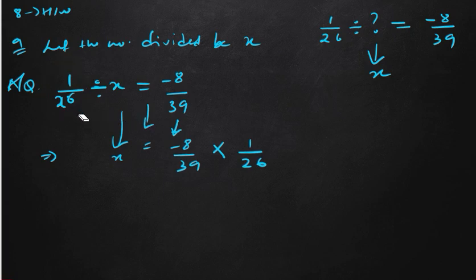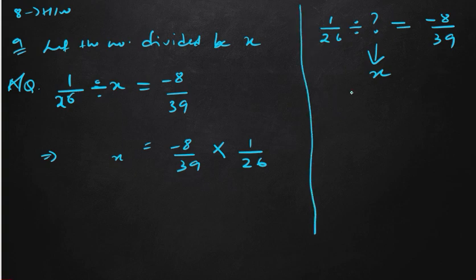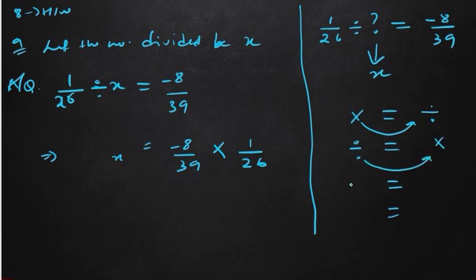If anything is getting multiplied on the left side, then if we change the side, it will get divided. We have already discussed that. If you forgot this, then remember these four rules. If something is getting multiplied, then if you change the side, it will get divided. If something is getting divided on the left hand side, if you change the side, it will get multiplied. If something is getting added, if you change the side, it will become negative, and if a negative is there, you will get positive. So how will we solve this?